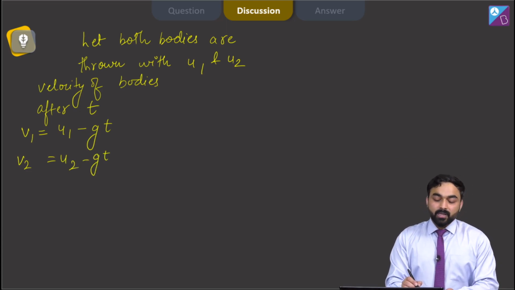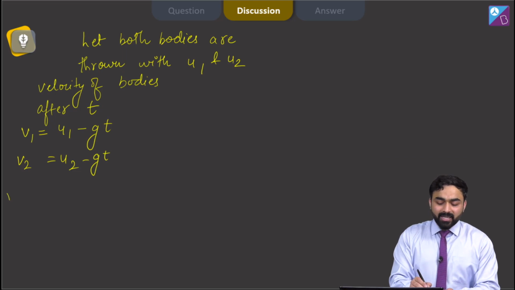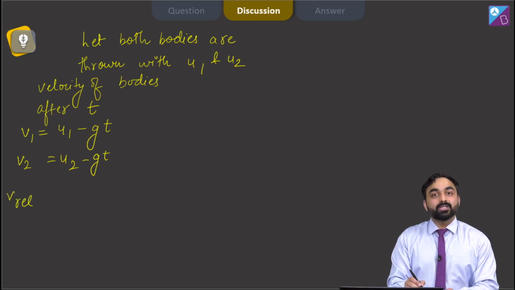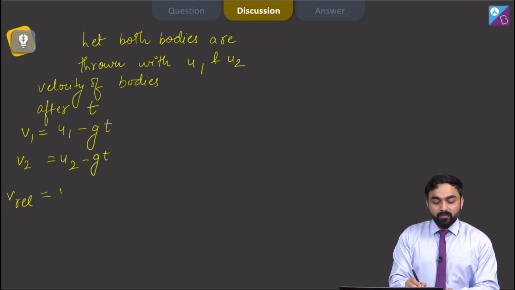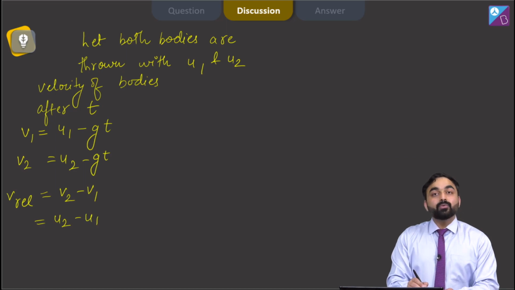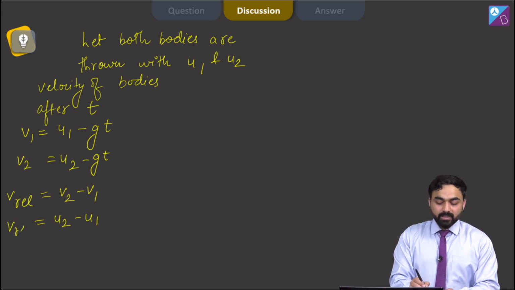Clear, students? Now if I need to calculate the relative velocity of both the bodies that are thrown, it will be v2 minus v1, which will come out to be u2 minus u1. And students, as both the bodies have the same acceleration,